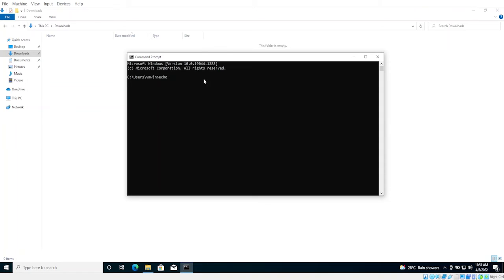So let's say for example we want to input a set of strings inside the command prompt with the sentence hello world, and by the time I press enter, it's just going to display the input message inside the command prompt, hello world. So that's just the basic input string command using the echo. Okay,